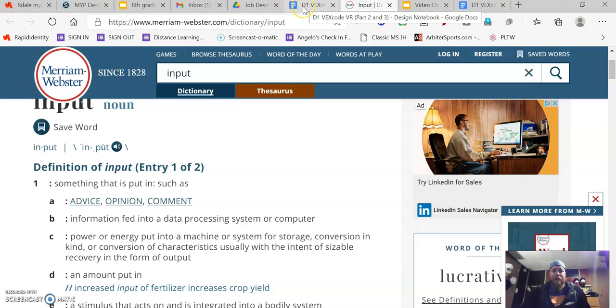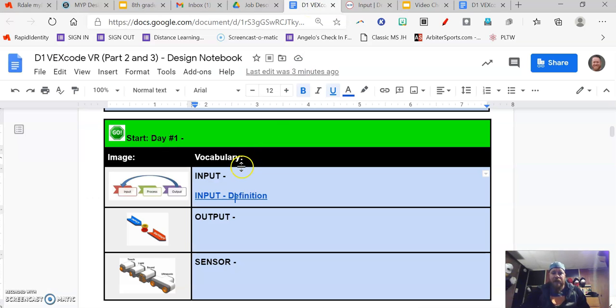If that's my definition, I'm going to go back and change this definition around. This definition is rather easy. But I'm going to say that input is information, or data, that goes into a system. A system could be something like a computer. It could be the keyboard. When I type things on the keyboard, that's information, and then the sensors, which is one of your vocab words coming up,